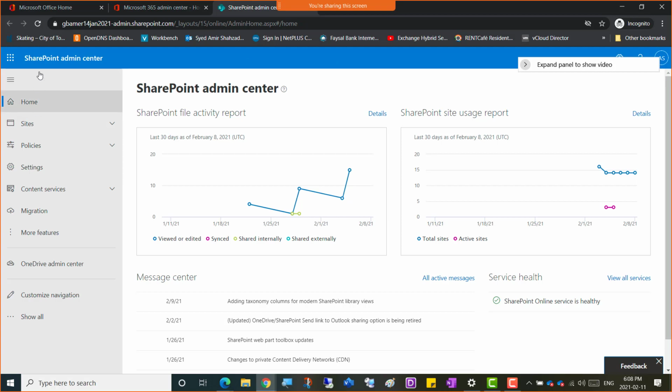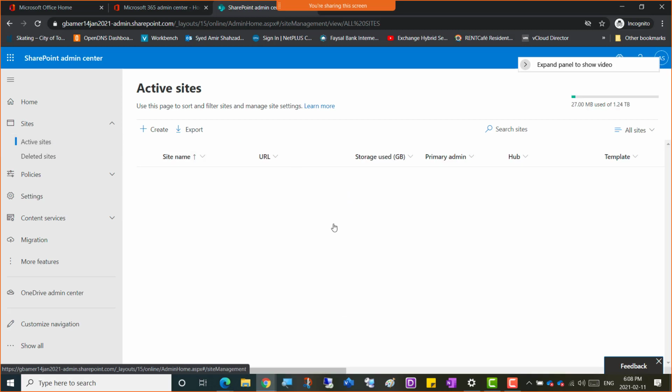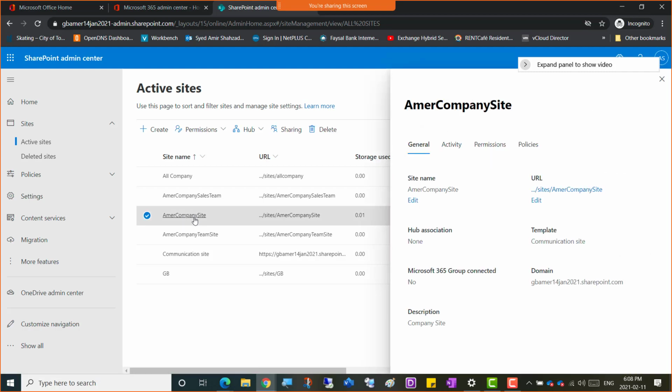So inside the SharePoint Admin Center, then we're going for sites and active sites, and when we go to active sites there, then we're just checking your first name company site. Right. So if I click the company site here, the URL,